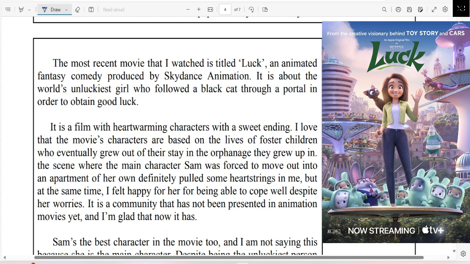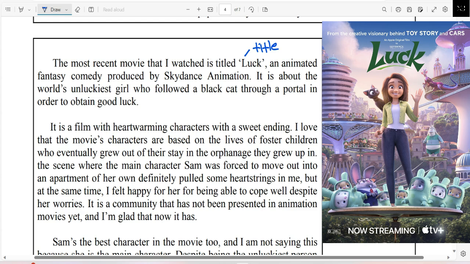Alright, the most recent movie that I watched is titled Luck, an animated fantasy comedy produced by Skydance Animation. It is about the world's unluckiest girl who followed a black cat through a portal in order to obtain good luck. Now, we start off our essay by talking about the title of the movie. My handwriting is not the best in this particular video, but let me try my best, okay? So of course, like all movie reviews, you have to start off by talking about the title of the movie,